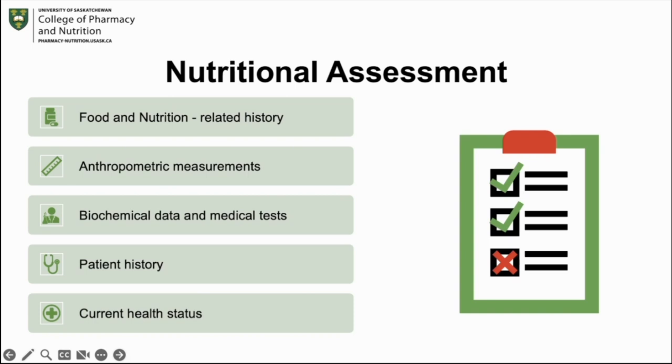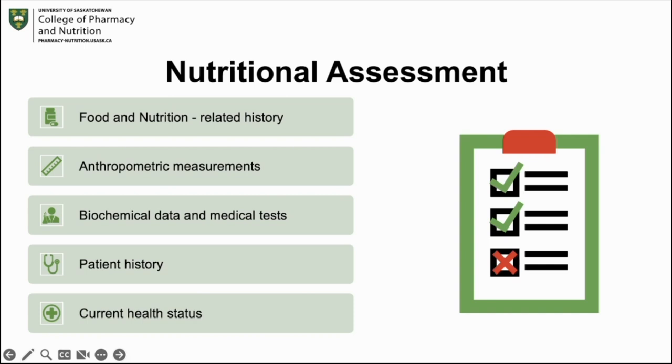So, personal, family, and medical history. For example, for medical history, we would be watching out for conditions such as renal failure or diabetes. We will also review the medications they are taking, as some of them can significantly impact a dietitian's PN prescription. And lastly, her current health status, or any new diagnoses, such as developing enterocutaneous fistula, where the patient may be